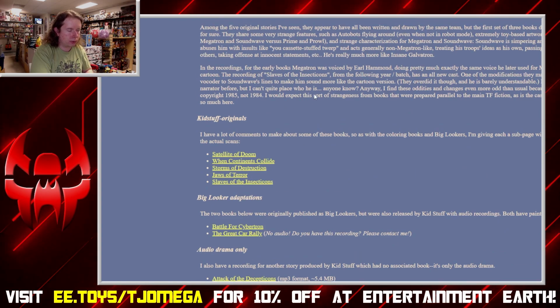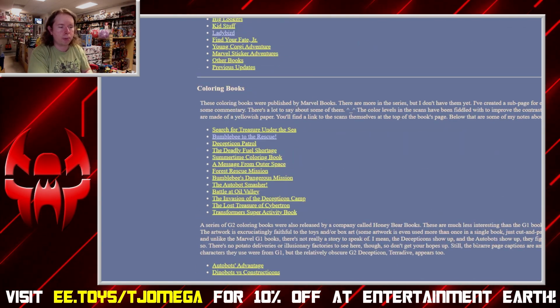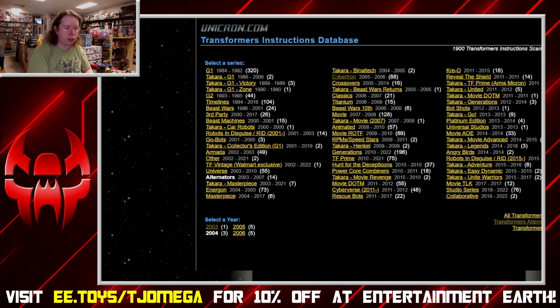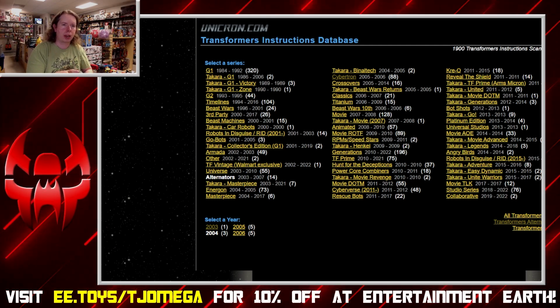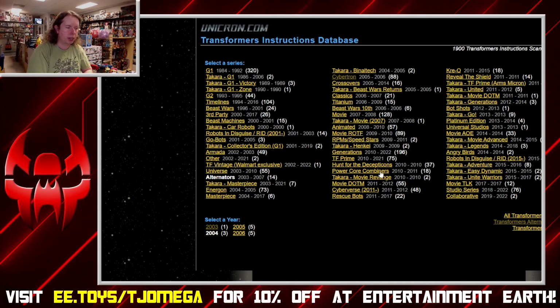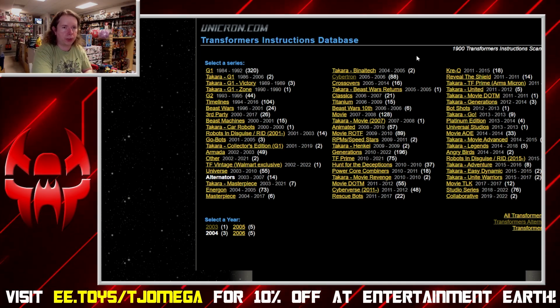Moving on. Now, if you are having trouble figuring out how to transform a figure, I will generally go to unicron.com for that. They keep a very huge database of instructions for transforming old figures. And if you're lucky, they will also have archived the old PDF versions of those instructions, which are super clear. They're like vector graphics. They're super clear even if you zoom in. Great for testing out digibashes of old toys, by the way. But yeah, there's almost 2,000 sets of instructions here. So if you need help on an old figure you don't want to break,